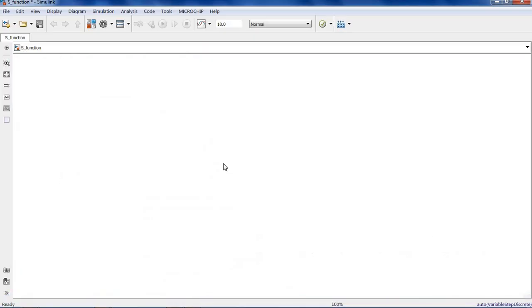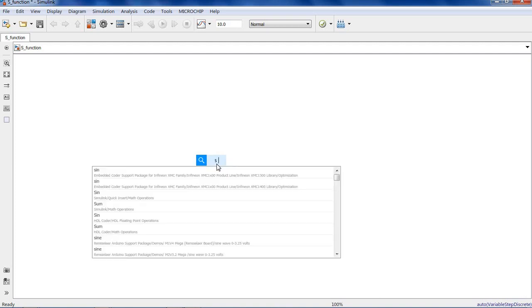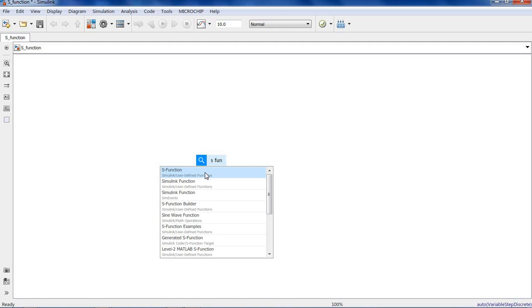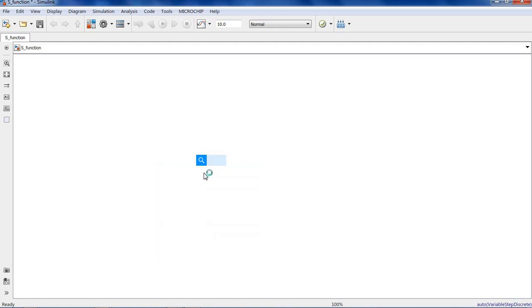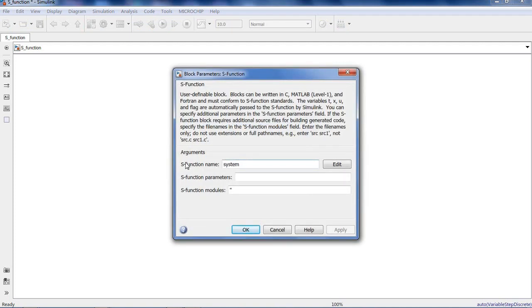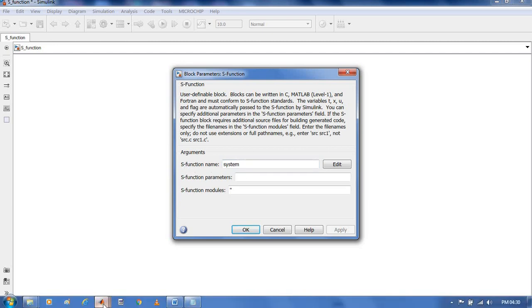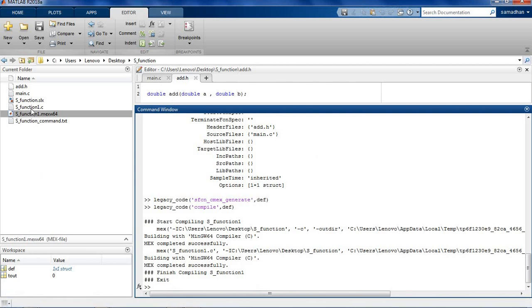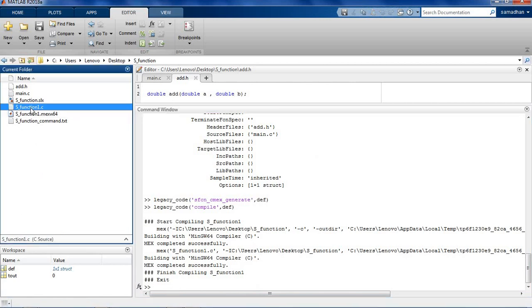So for that purpose, now I am adding an S function block here. So this is my S function, and just double click on this S function and then give the name of the S function. The name of my S function is the file that was generated.